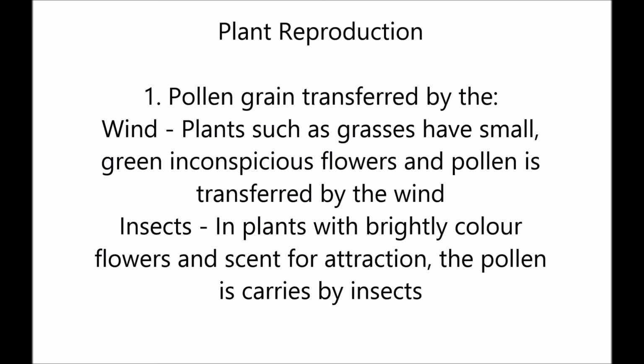Plant reproduction. The first stage is that the pollen grain is transferred. This can be done by the wind or insects. To be pollinated by the wind, plants such as grasses have small, green, inconspicuous flowers, and pollen is transferred by the wind. To be pollinated by insects, plants have brightly coloured flowers and scent for attraction, and the pollen is